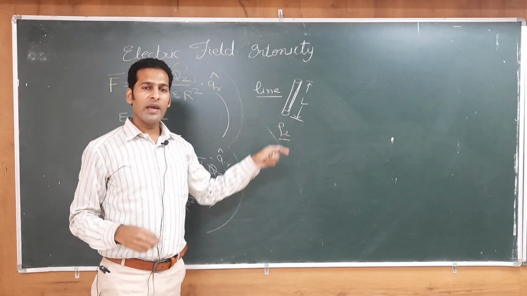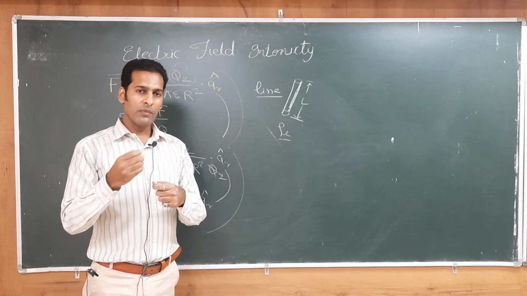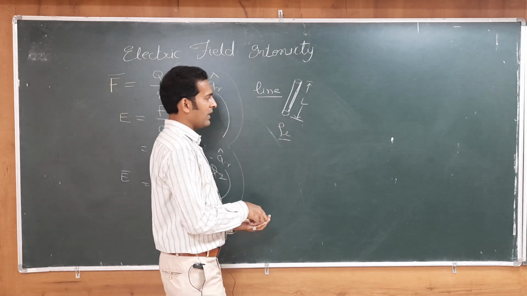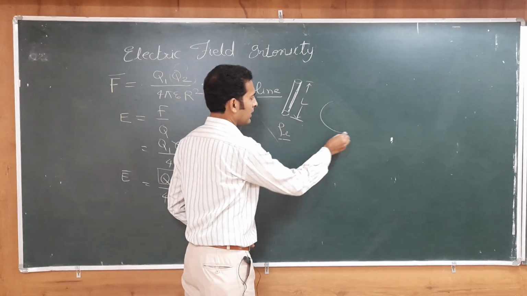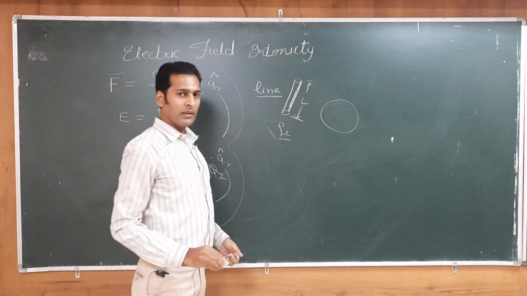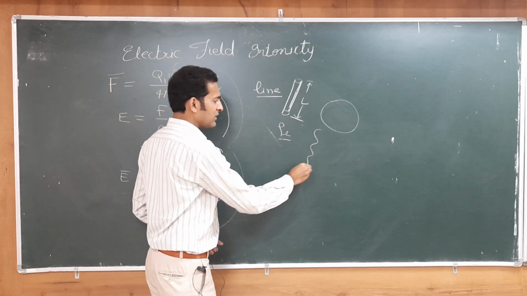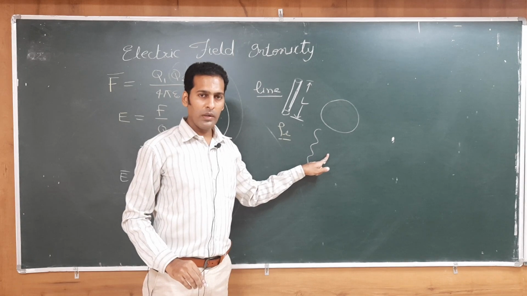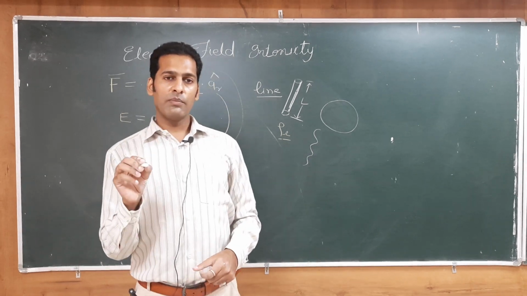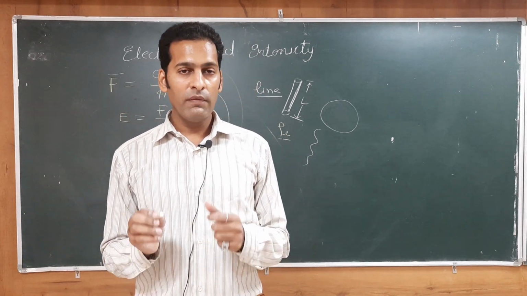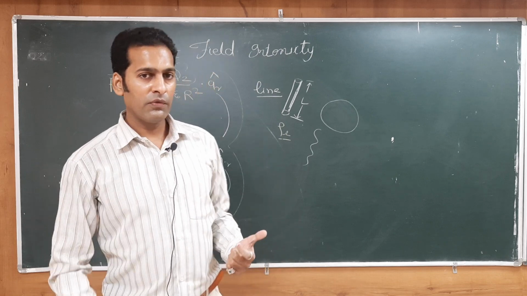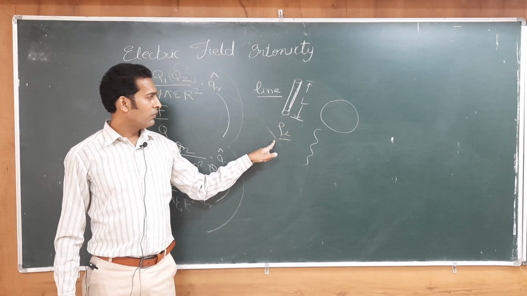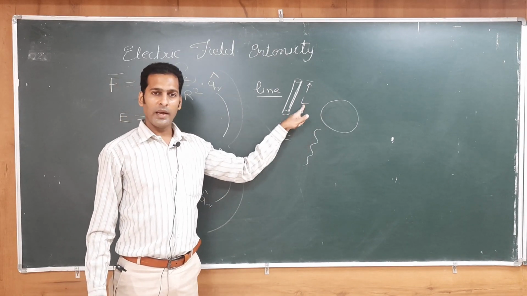Now, this line may have various shapes. A wire can be molded, folded. So, there may be a circular shape of line. We can have a case where we may have a wire like this, or there may be a zigzag shape of line. So, in all these cases where a line is involved, and there are charges present on that line, we will consider the intensity of charges, the density of charges. Rho L will be the density for line.